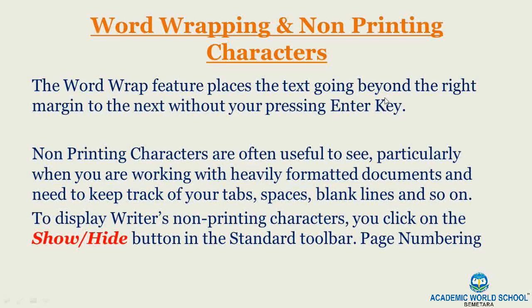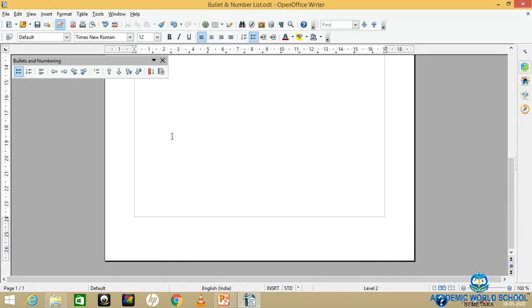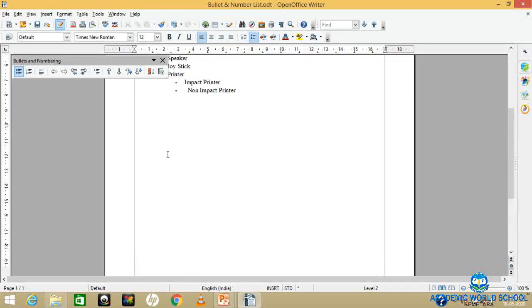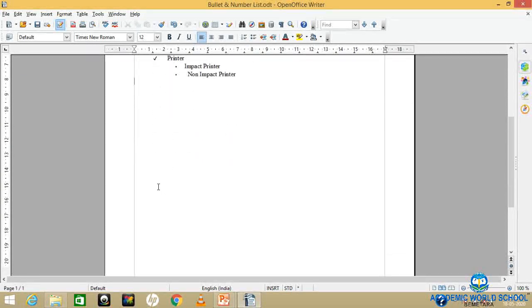You can see here, this is your insertion point. This is called the cursor. This vertical blinking line is called the cursor. So this automatically moves to the next line. So that is what is called the word wrap feature.